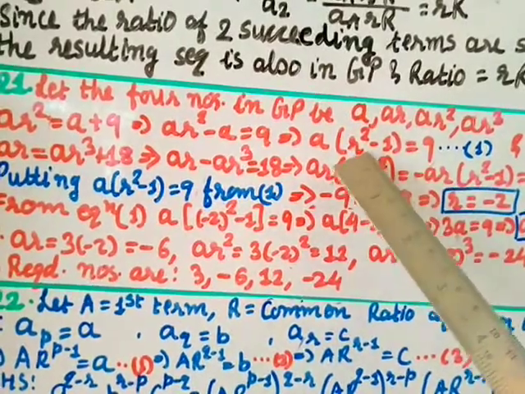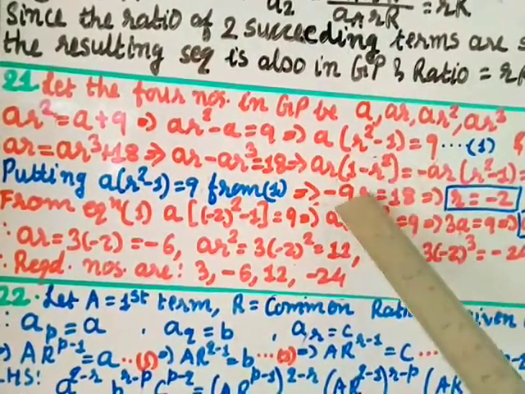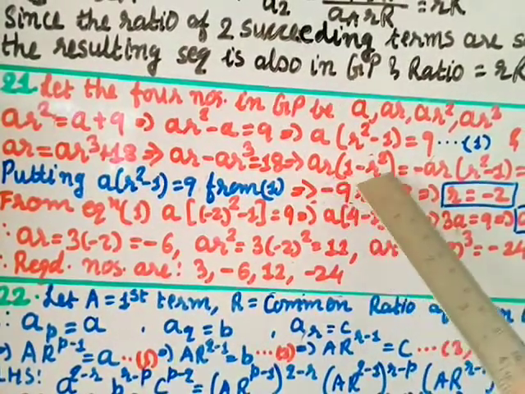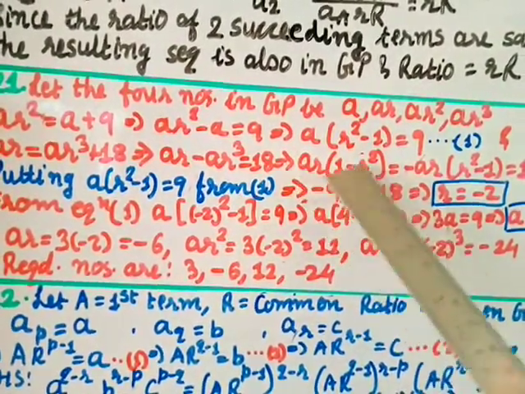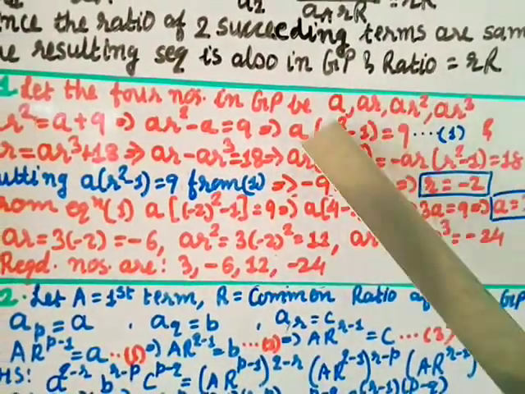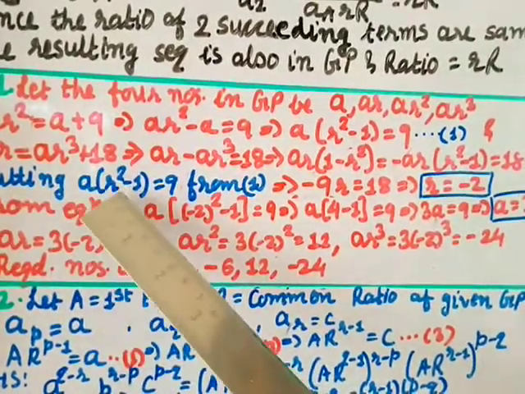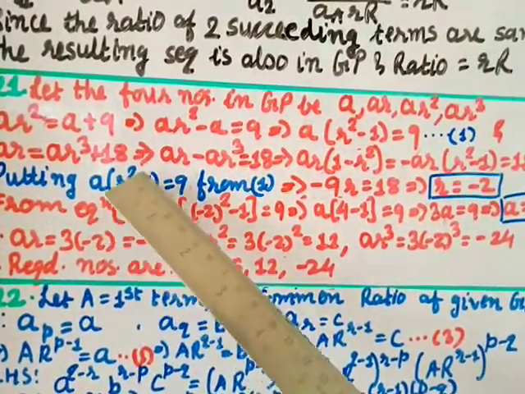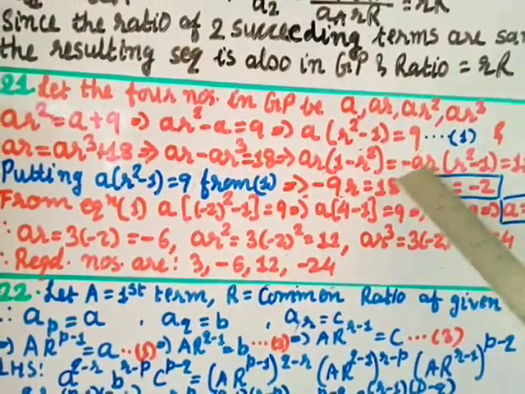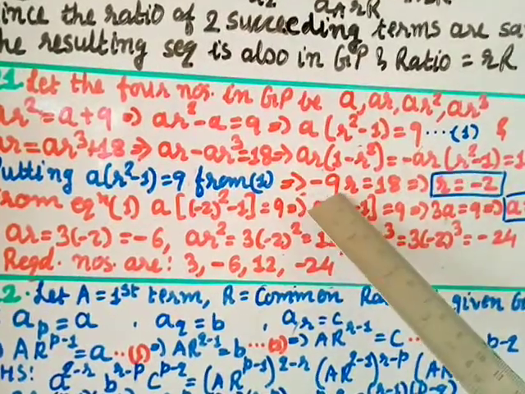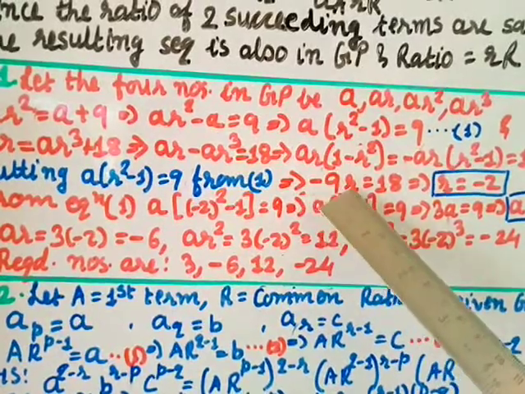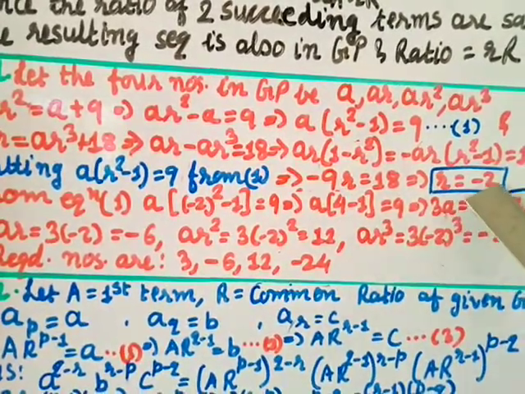I want to use this formula. Here it is R square minus 1, here is 1 minus R square. So if you take minus common, then you will get this form. So take minus common and change this order. So I am taking minus common, so here AR, and this order I change as R square minus 1 equal to 18. Okay, in order to use this value. So now putting the value of A into R square minus 1 equal to 9 from equation 1, this value will be 9, minus R remains, equal to 18. So if you divide by minus 9, you will get R value as minus 2.